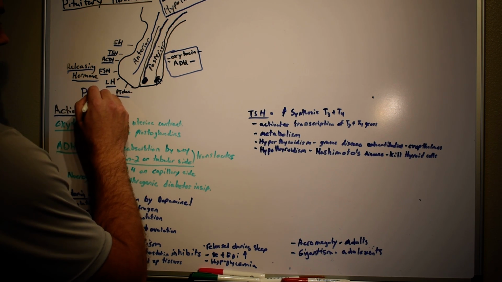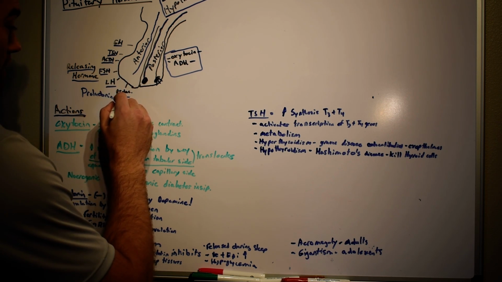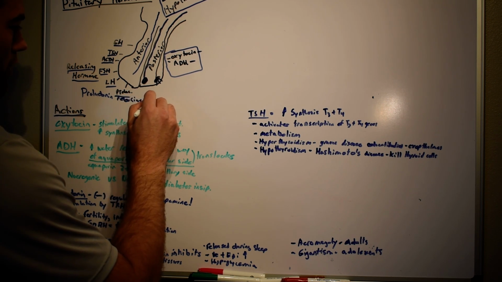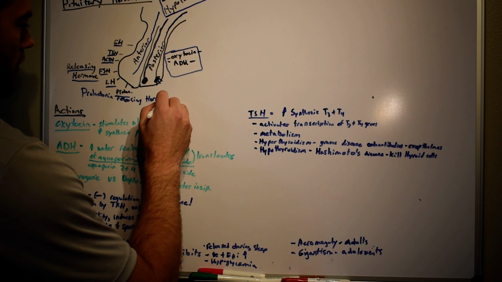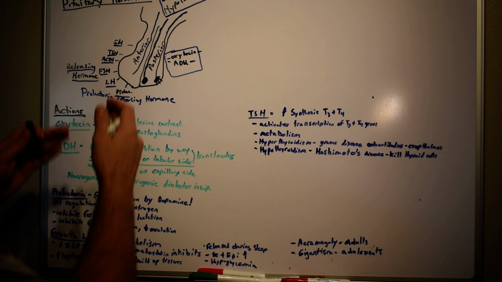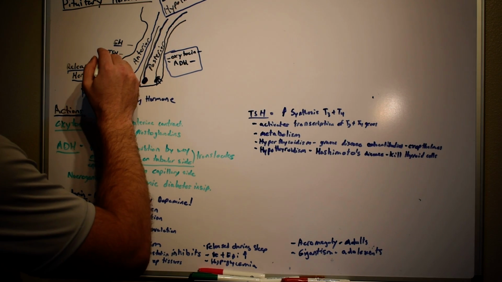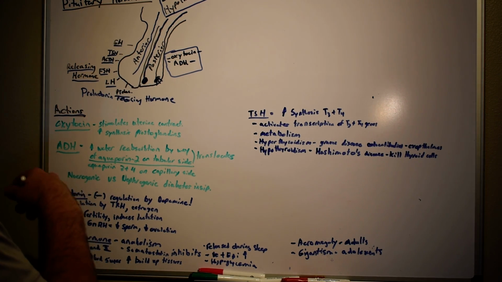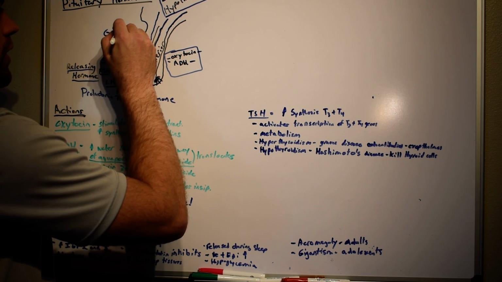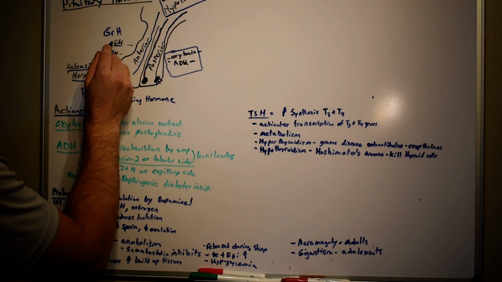Prolactin releasing hormone is the releasing hormone for it. And then each of these is just going to have an R in it if it's a releasing hormone. So like growth hormone, excuse me, growth hormone releasing hormone is going to be released by the hypothalamus in order for the anterior pituitary to release these ones.